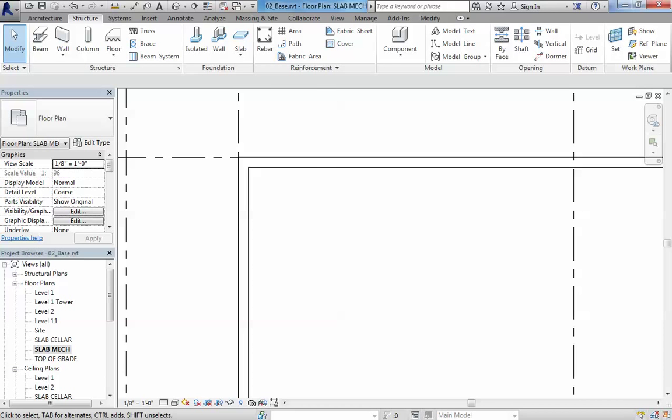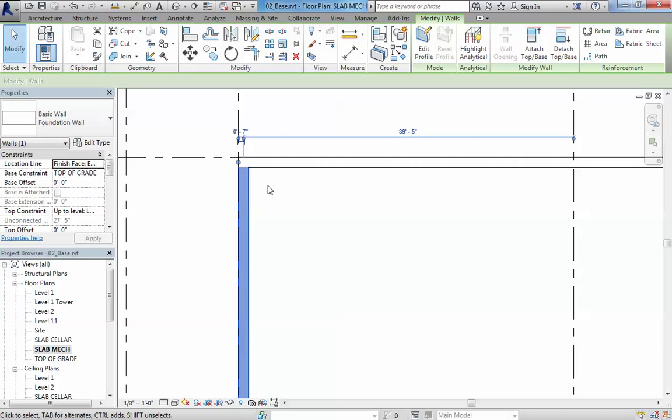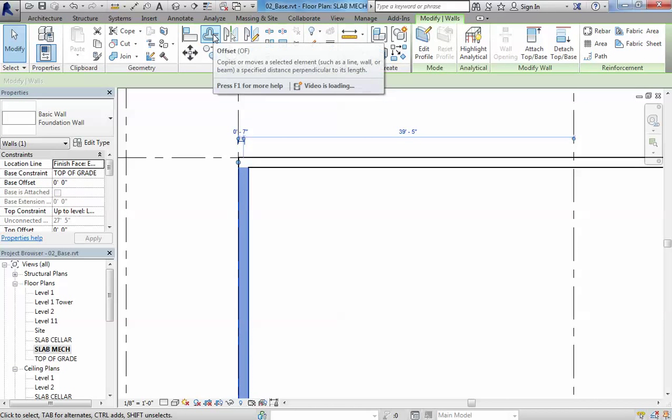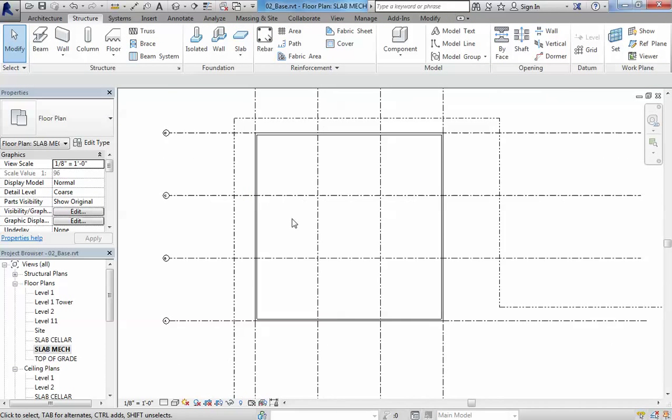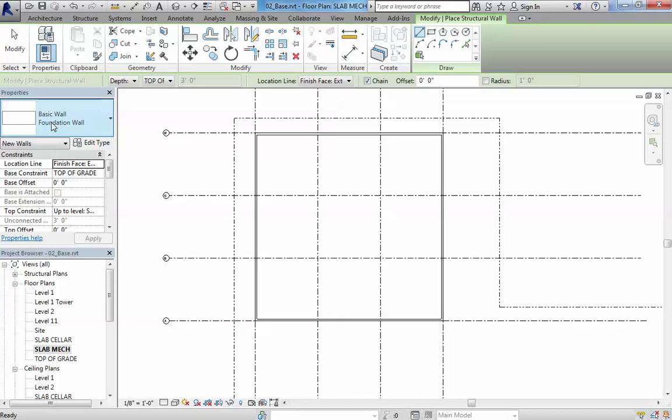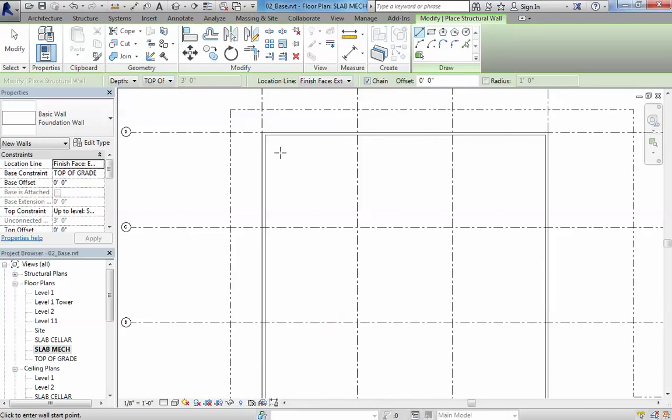So again, if you go to the drawing with the different layers, you will see that we kind of have to play with this. You can actually either offset this by using the offset command and making this align properly. I'm going to do it in a different way. The best way would have been to say structural wall, select your foundation wall, and give here a proper offset to create that same section. Again, if I create a 2 feet offset and I say finished face exterior,